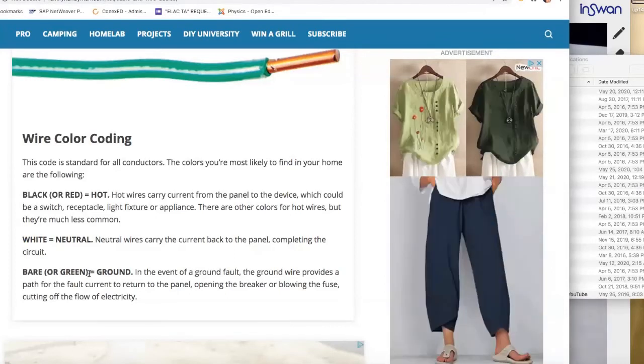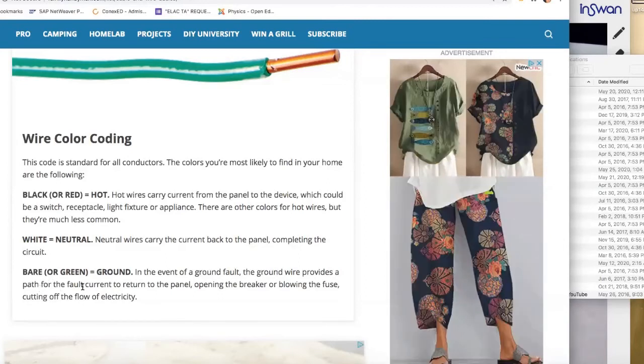And then bare, green, or ground. So green is the ground. In the event of a ground fault, the ground wire provides a path for the fault current to return to the panel, opening the breaker or blowing the fuse, cutting off the flow of electricity. Oh, okay. So the ground is so that